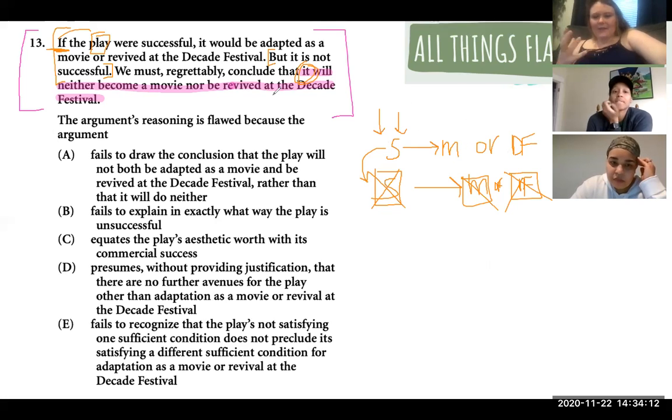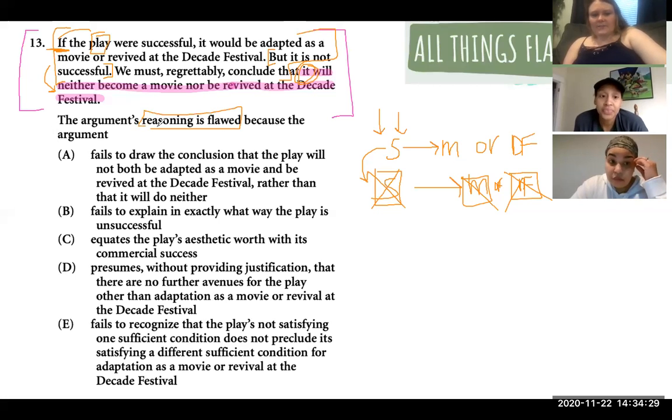So whenever we handle flaw questions, we ask ourselves why. These ones are pretty easy to see once you get the sufficient-necessary problem. But for other ones, we want to know why the support does not add up to the conclusion. Why is there a gap here? And so once we see that it's a flaw question, we want to predict our answer. So this one's pretty easy to predict. How would you say this in your own words? What do we do here?